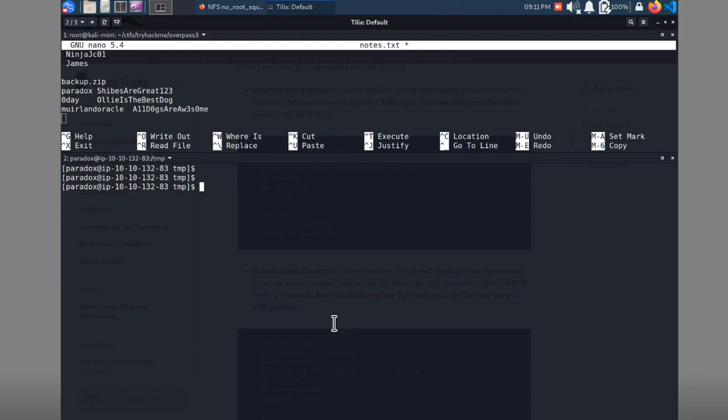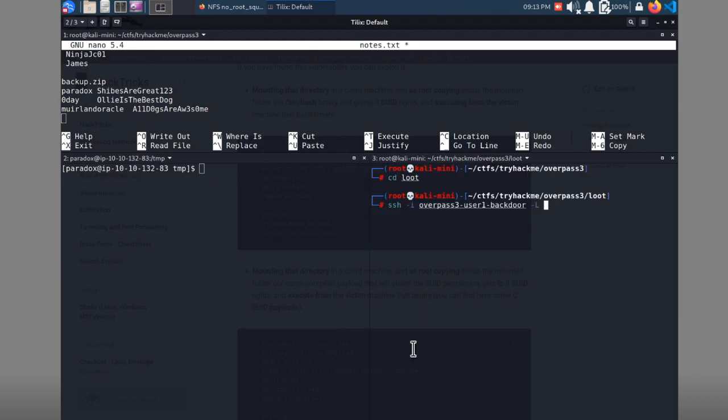Let's see what else we could do. Let's just do this. Okay, cd loot, right? SSH -i overpass. There we go. We want -L. Right, so this is going to be local port. We want to do 2049, and then that's going to go 127.0.0.1 over to 2049,